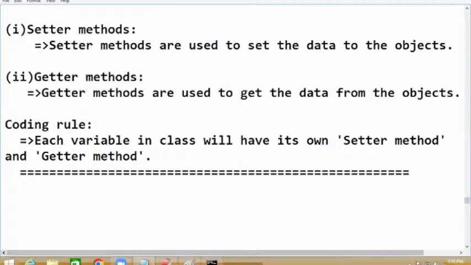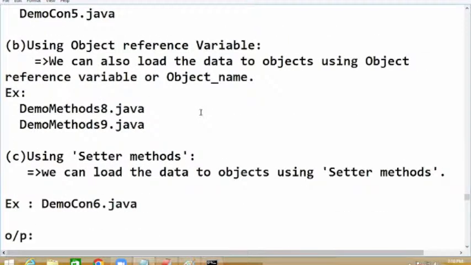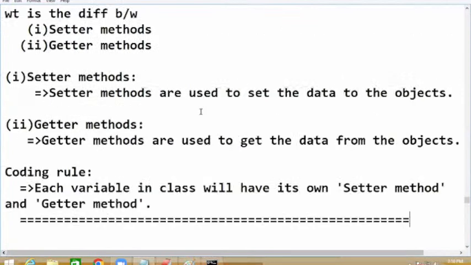So these are the points anyway. Now, sir, constructor is there. In that constructor only, constructors are used to load the data and so on. Okay, right. Now here,